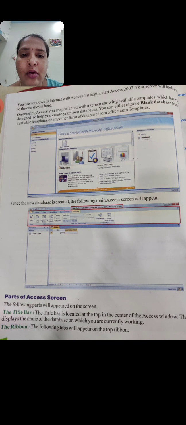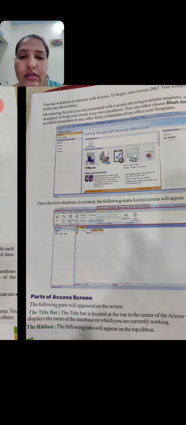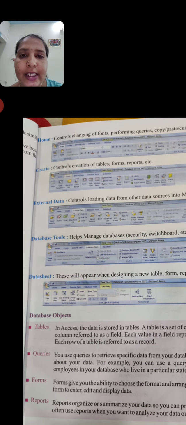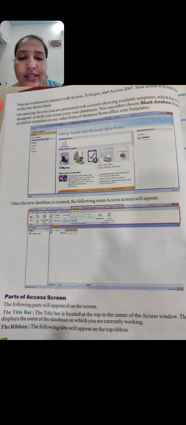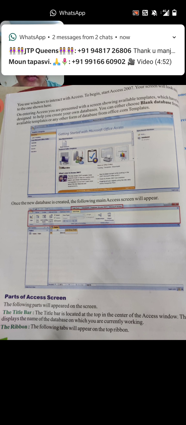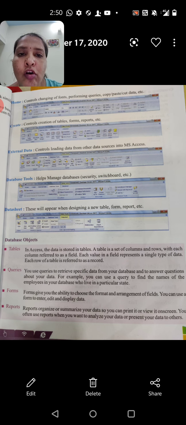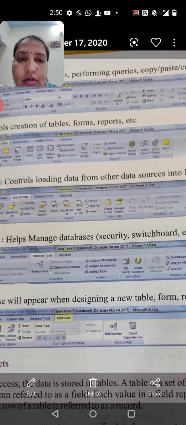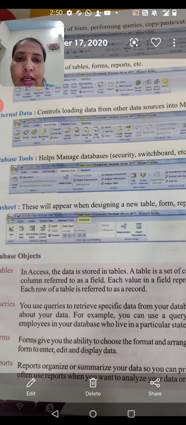See here, they have given so many icons: home, create, external data, database tools, data sheet. In the home there are so many options. See here, the home option will look like this. These are all the options that will be there on the home icon.